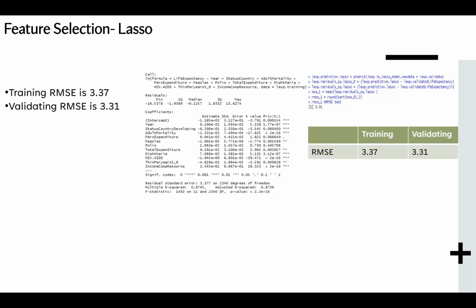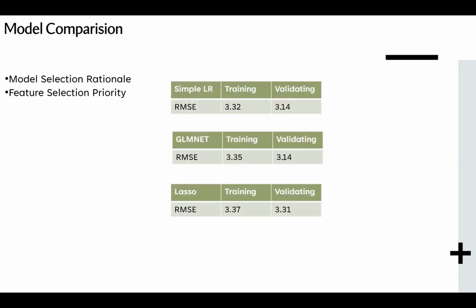In terms of model performance, our lasso model exhibits an RMSE of 3.37 on the training dataset and 3.31 on the validation dataset. This means that on average, our model predictions are off by approximately 3.37 units and 3.31 units from the actual value, respectively. While the simple linear regression indeed exhibits a lower RMSE when compared to both GLMNet and the lasso model,